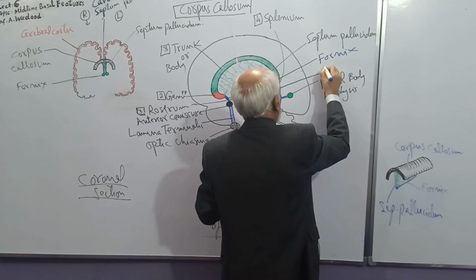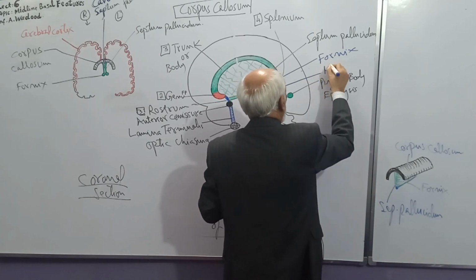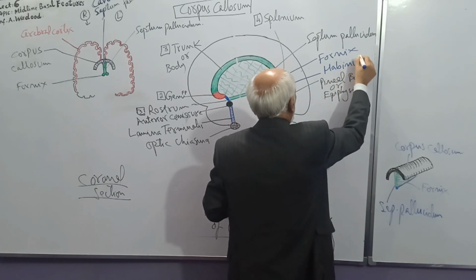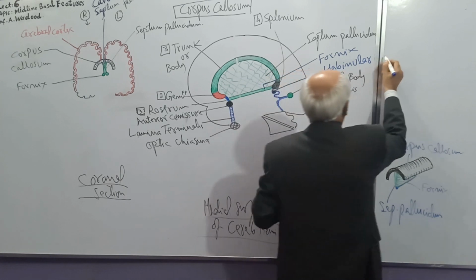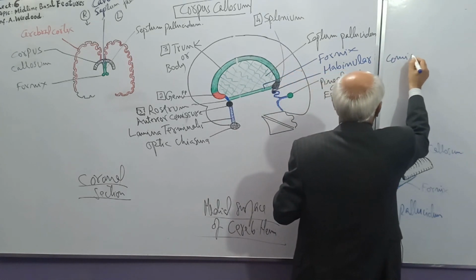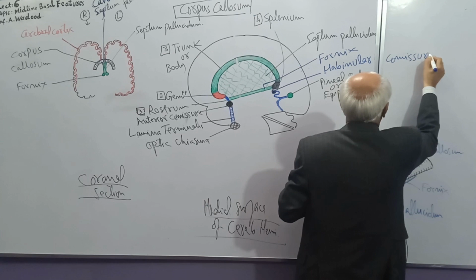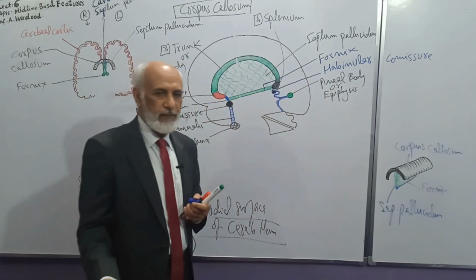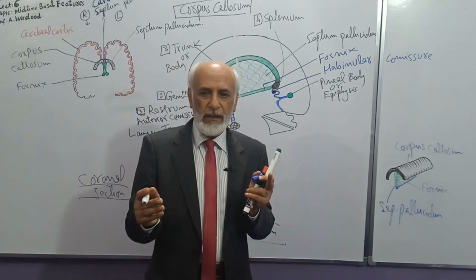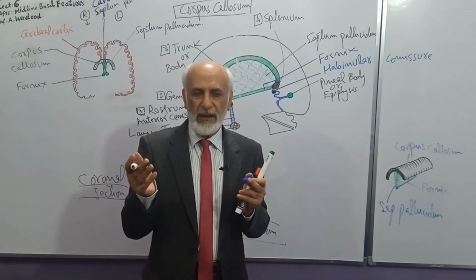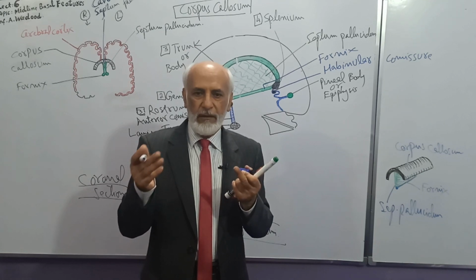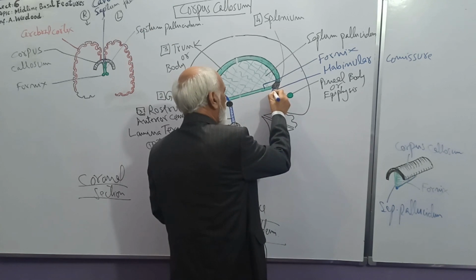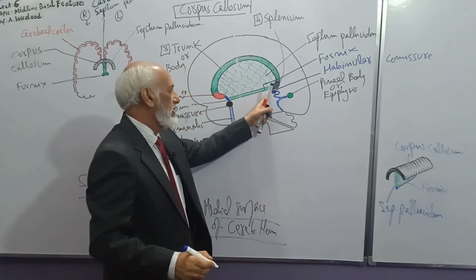And this commissure is known as the habenular commissure. Habenular commissure, again comprised of commissure fibers. It connects two nuclei, habenular nuclei, one on the right side, one on the left side, below the thalamus. So I have not shown the habenular nucleus, I have just shown the habenular commissure, which is in the upper part